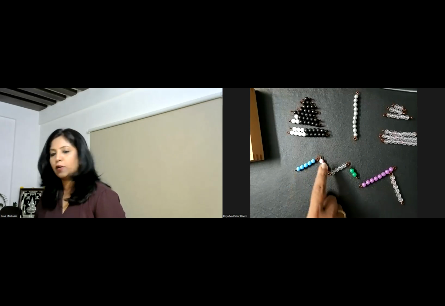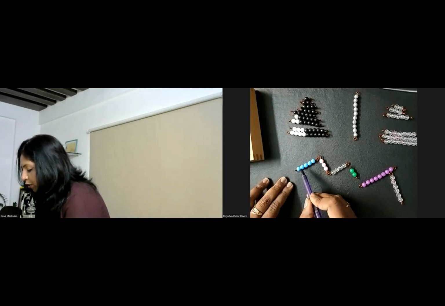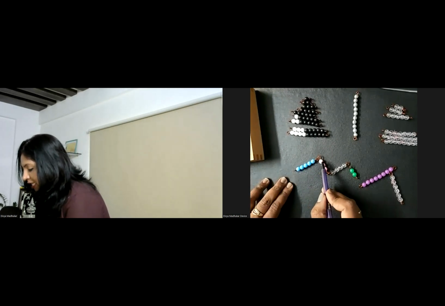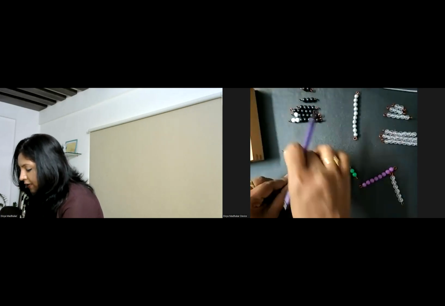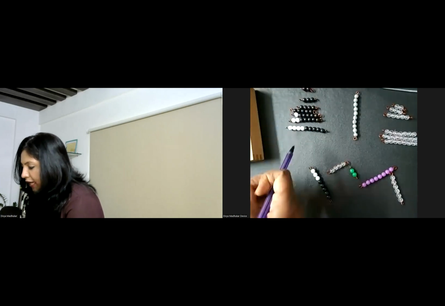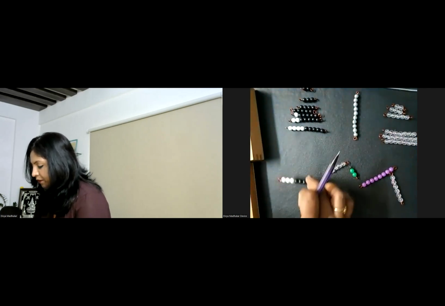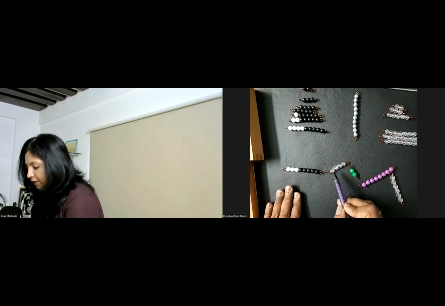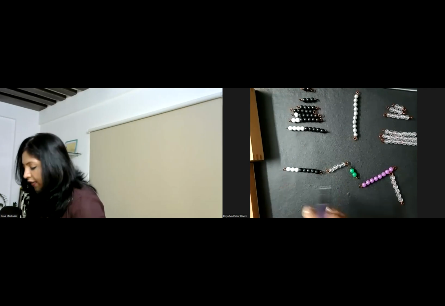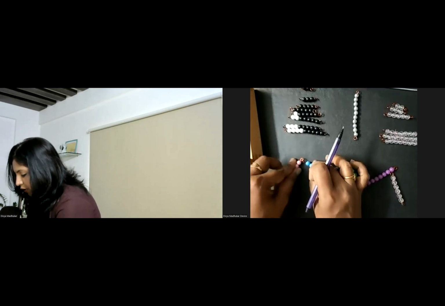So since these two are positive numbers, I start adding them. So let's add 1, 2, 3, 4, 5, 6, 7, 8. So 8, right? So I have to replace it with my 8. And these two will go to my replacing tray because I have counted them. So that was 8. Now I have to take away how many from it? Minus 4. Okay, sorry, we have a smaller number only here, so we don't have to count. Okay, so this is 8.